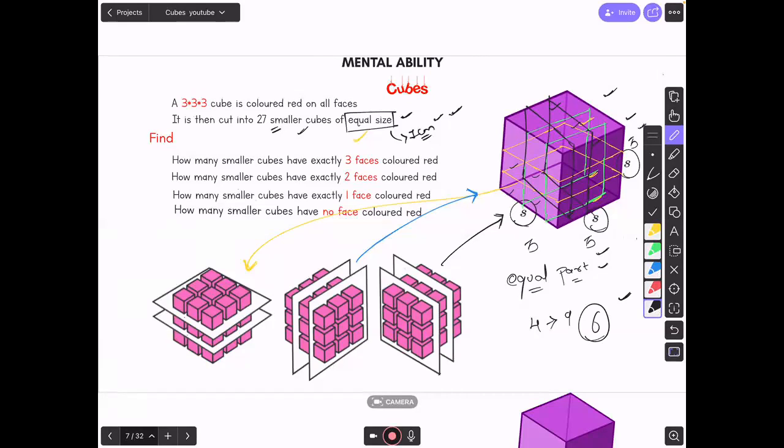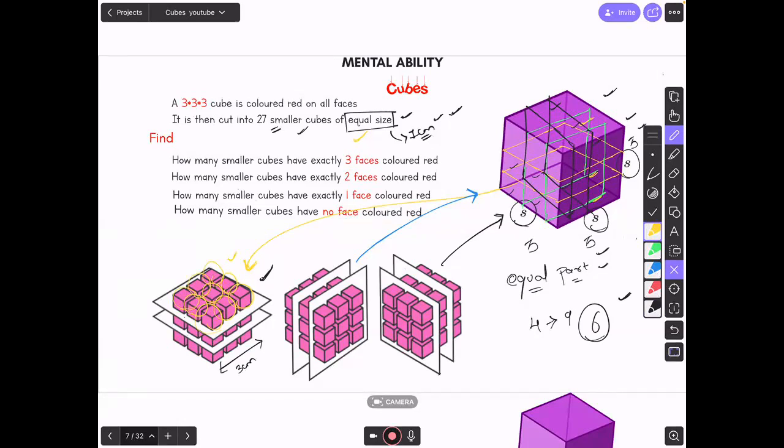2 2 and then 2, 27. Correct. Okay, अब होगा 27. अब वो ऐसे कट होगा like 3 centimeter का was the bigger cube and now it is cut into 27 smaller cubes. So 9 at the top, you can see here 1 2 3 4 5 6 7 8 9. 9 at the top, 9 in the middle, 9 at the bottom.